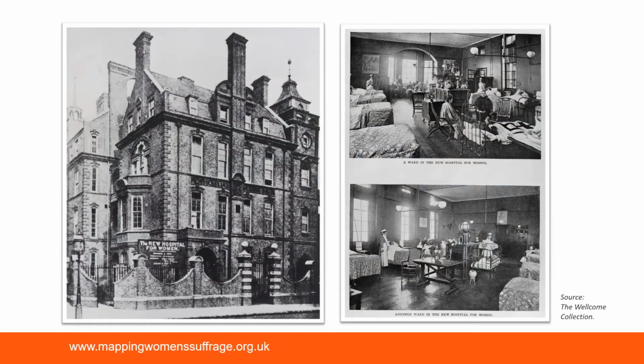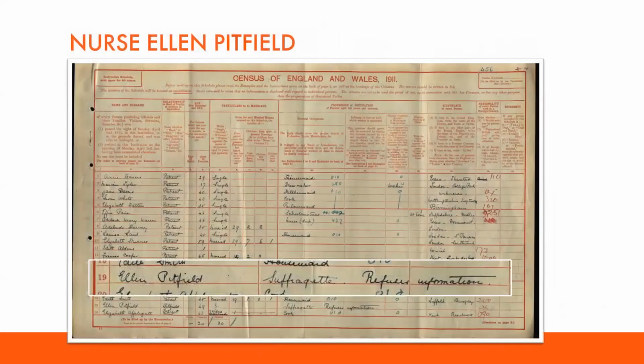Now, Ellen appears on the 1911 census at the hospital, but as a resister, refusing to give her information. And you can see here on the slide that the census official has written in "suffragette refused information." Now, subsequently and sadly, Ellen discovered that she had cancer and that she would not recover. And it's at that moment, I think, we get a sense of her commitment to the suffragette cause by what